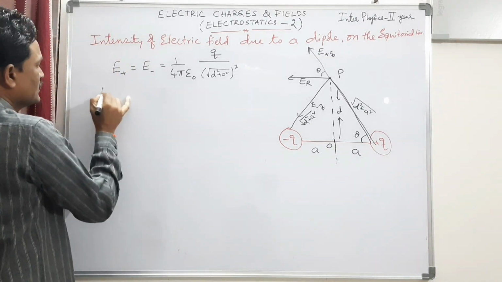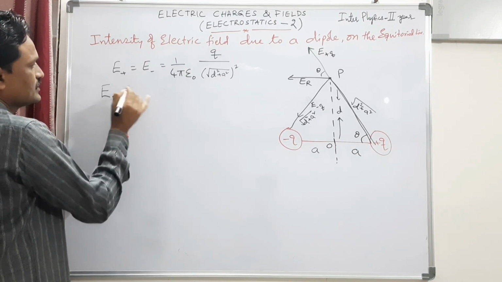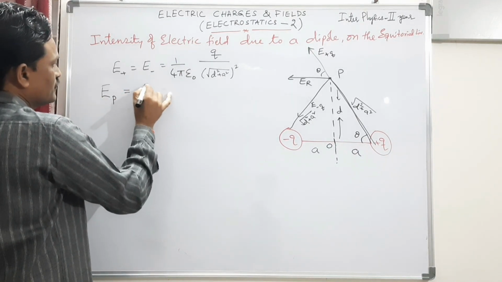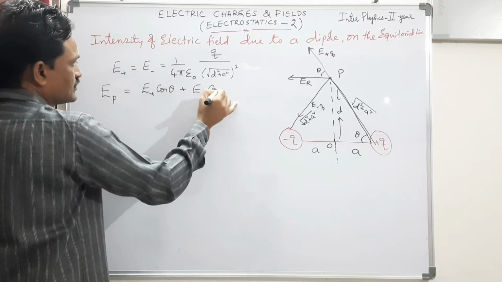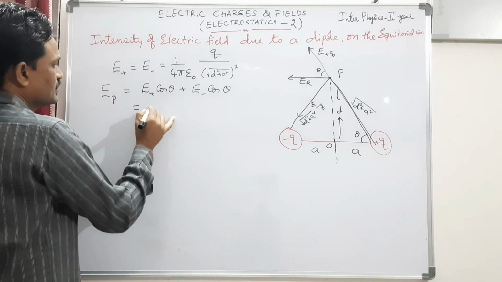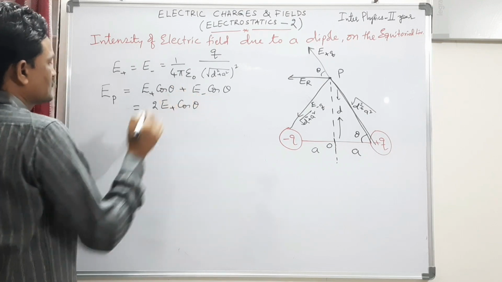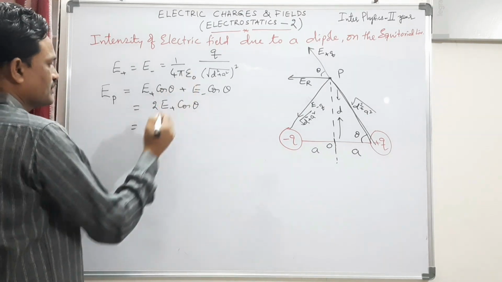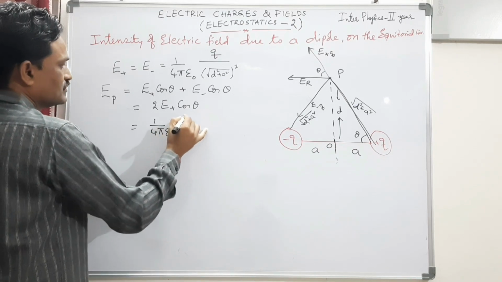So E resultant, the intensity of electric field at point P, is equal to E plus cos theta plus E minus cos theta. Since E plus and E minus are the same, I can write simply 2E plus cos theta. So substitute E plus or E minus value, you will get 1 by 4 pi epsilon naught 2Q